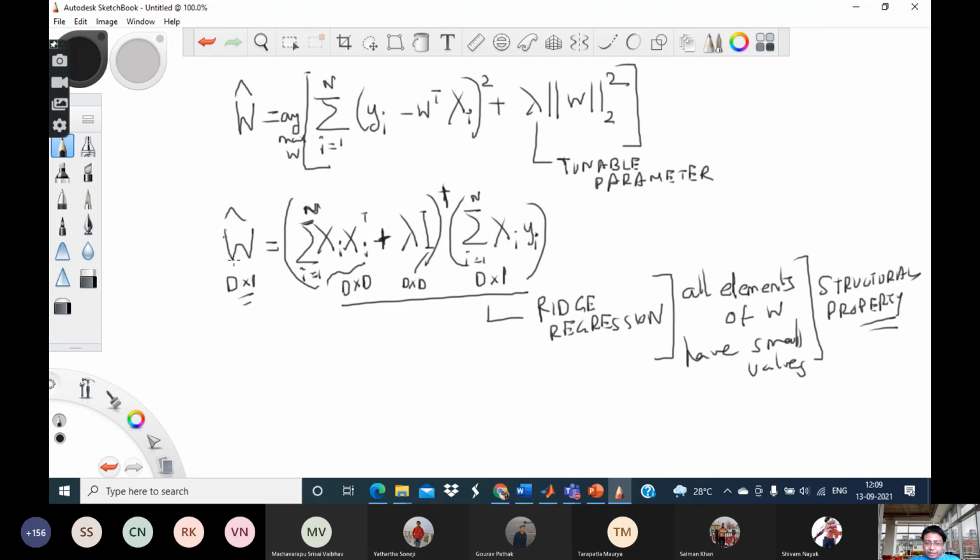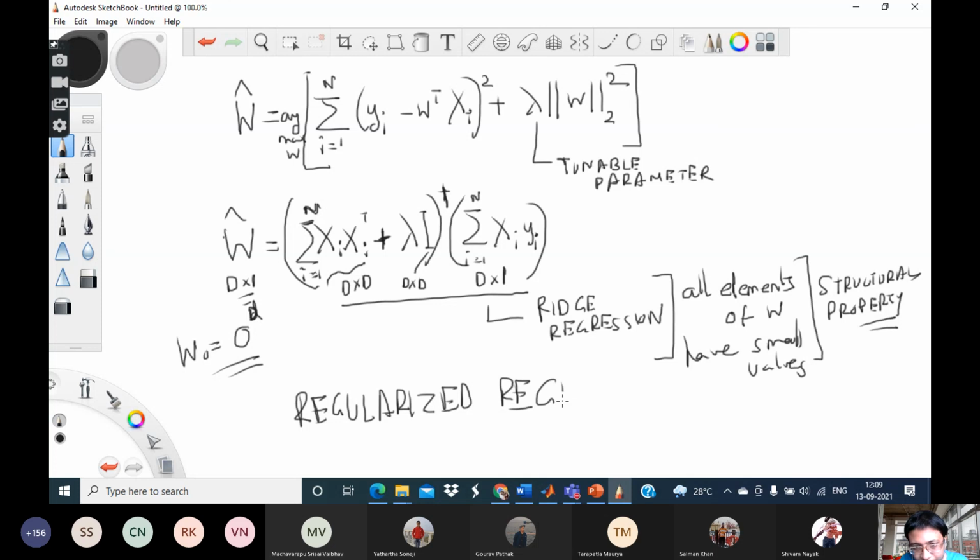If instead of keeping W close to the origin, that is, if instead of choosing W naught as the zero vector, I had chosen some other value of W naught, then also I would have got something equivalent to this, except that W naught would have come in as a term here, as it did in the previous page. Okay, so this is an example of what we call regularized regression. So in the next class, for 5 minutes, we will discuss another use of regularized regression before moving on to our next topic.